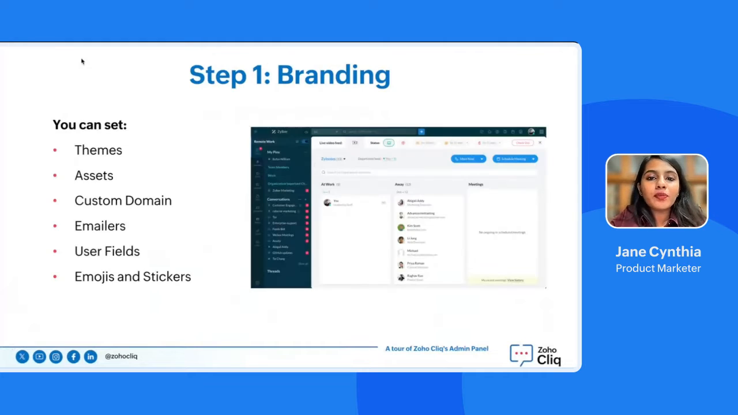With that, your step one should be branding. Customizing a chat application in alignment with your brand's identity is important for various reasons. By tailoring themes and incorporating your logo and favicon, you infuse the platform with a distinct visual identity that resonates